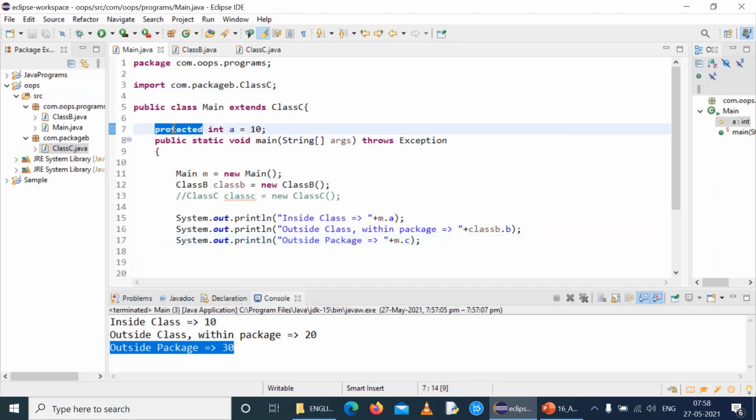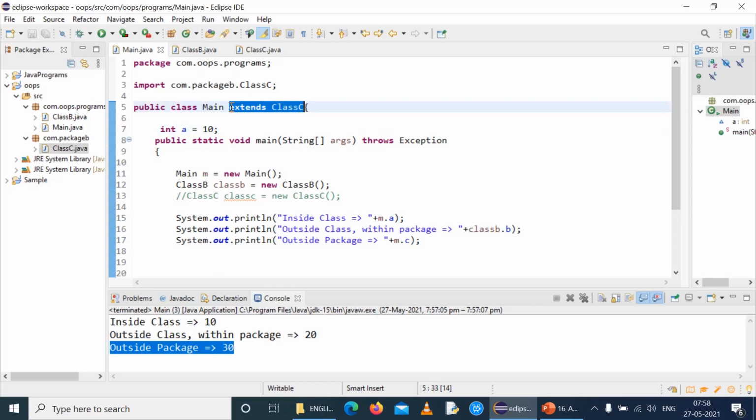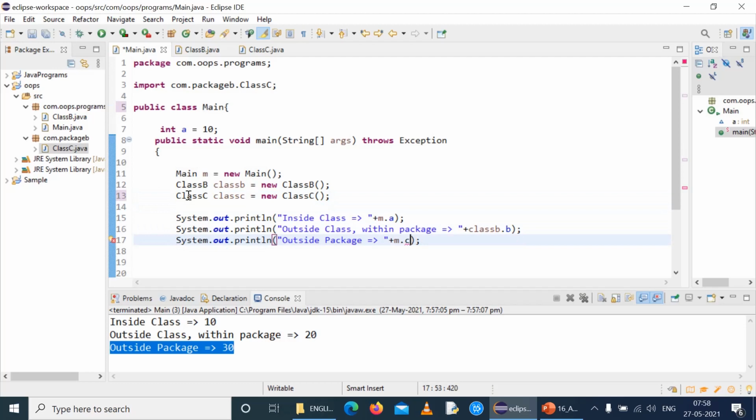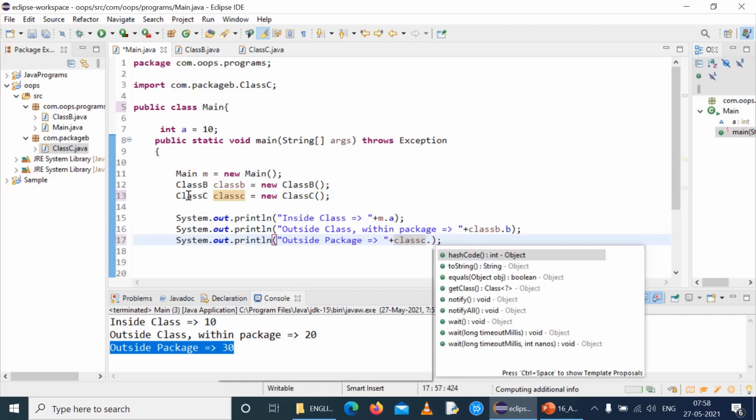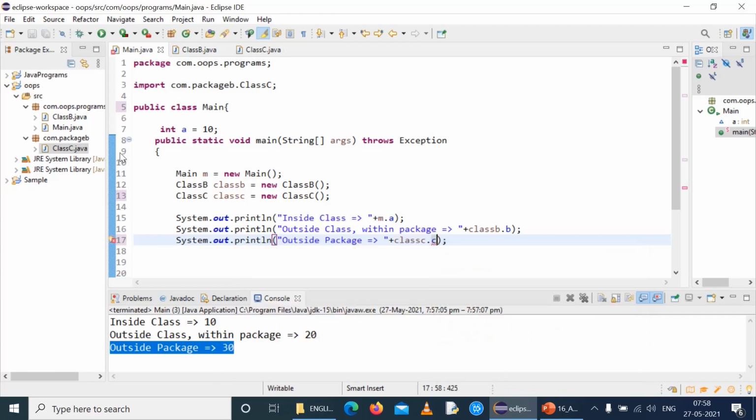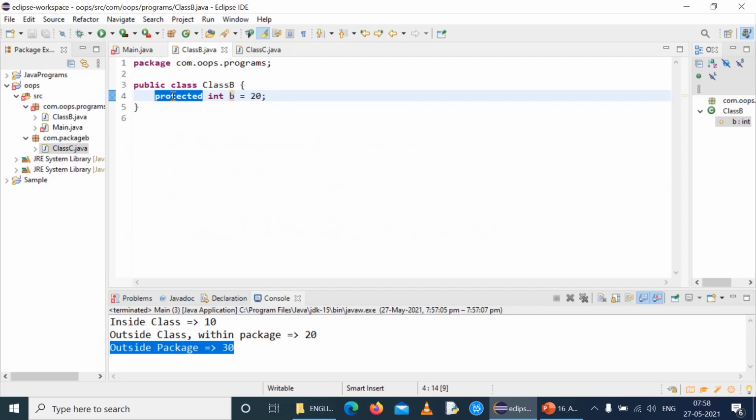So we will remove this protected and we will remove this extends also. We will remove this protected also here too.